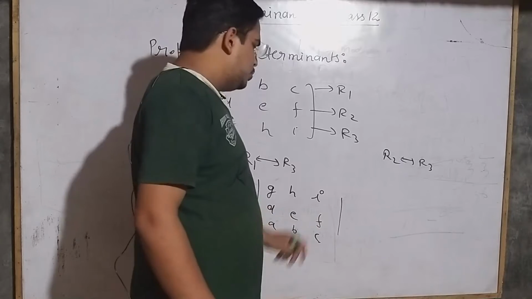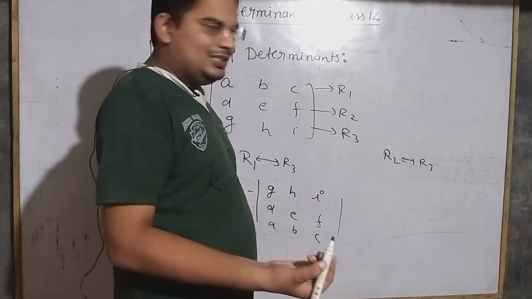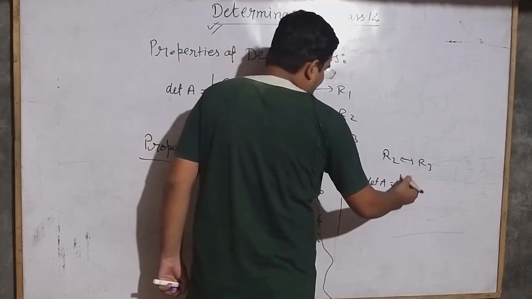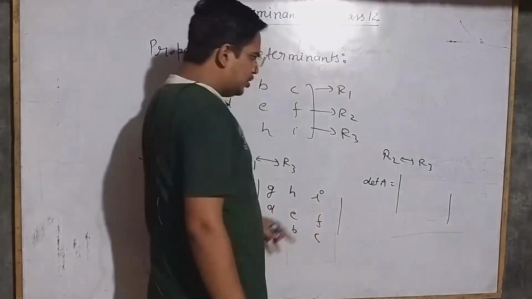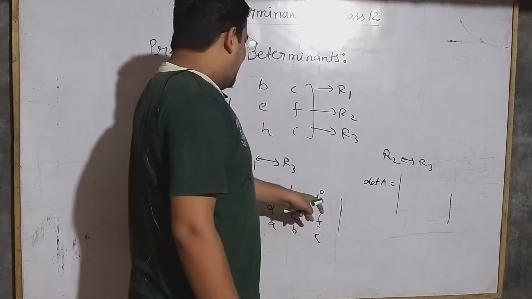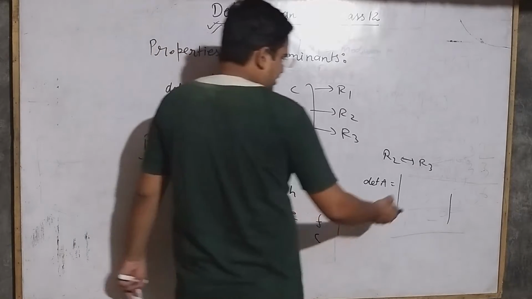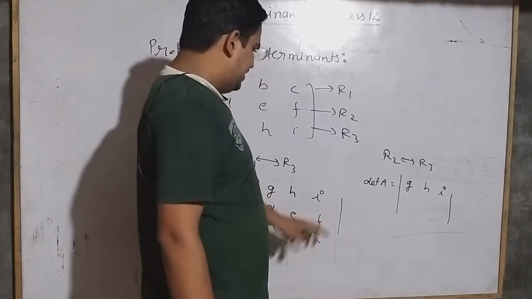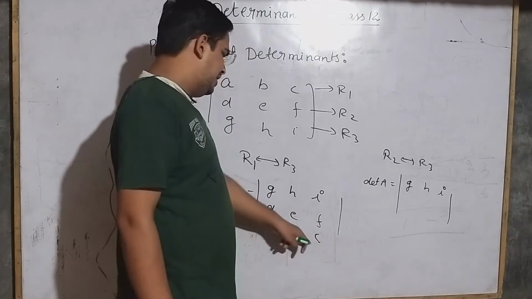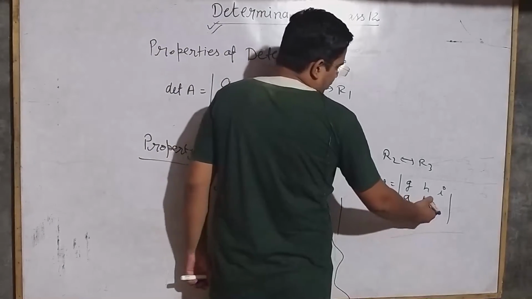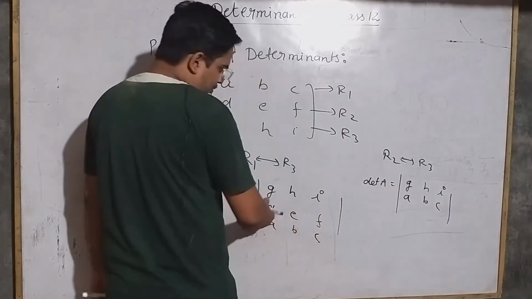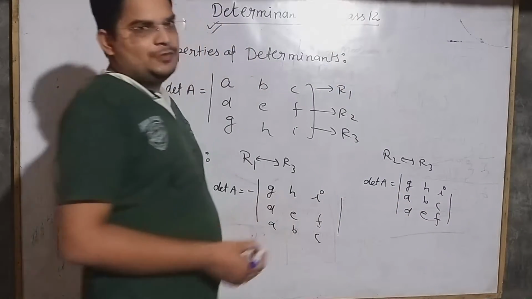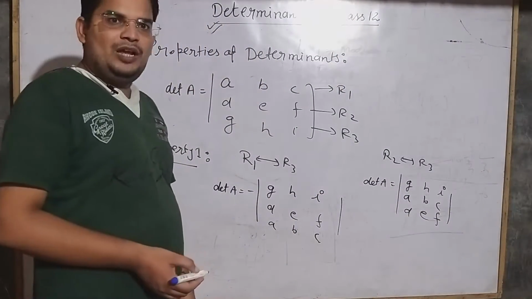So again, if I have to convert R2 into R3, now I am going to change R2 into R3. Now again I will get minus, so minus minus becomes plus, so I can say determinant of A can be written like this. This is R2, this is R1 as it is, this is G, H, I, and after this D, E, F will be converted into A, B, C. So here you will write A, B, C, and after this you will write D, E and F. Okay, so this is the first property of the determinant. I hope all of you are getting my point.